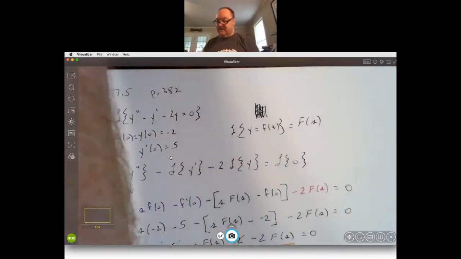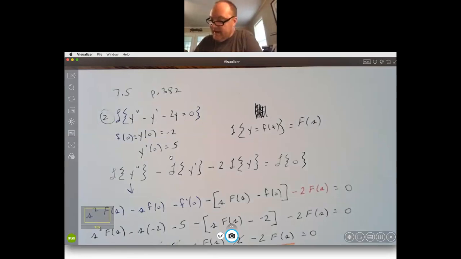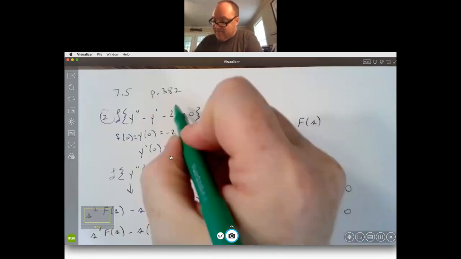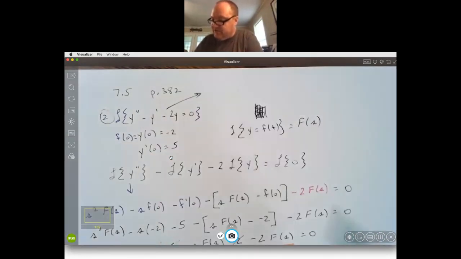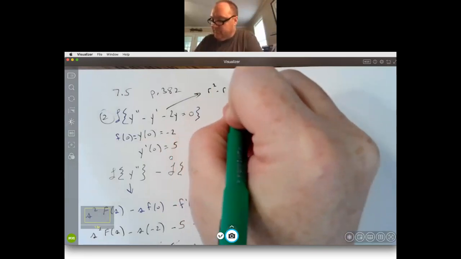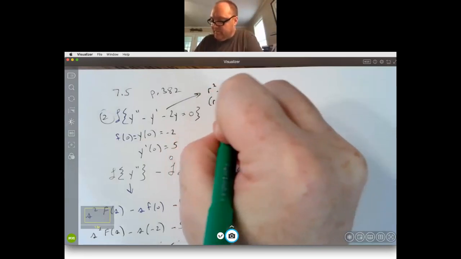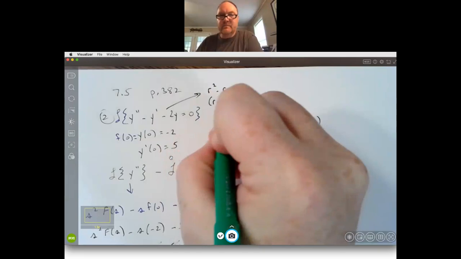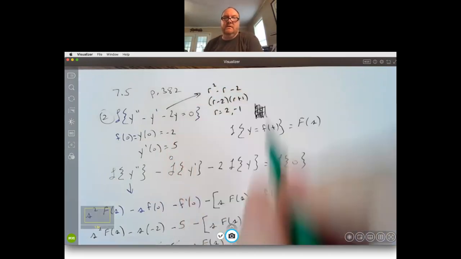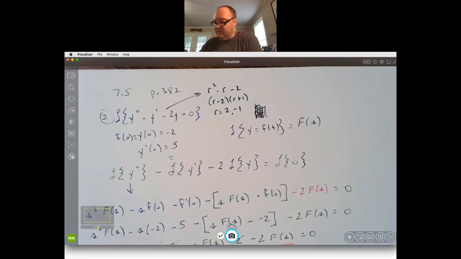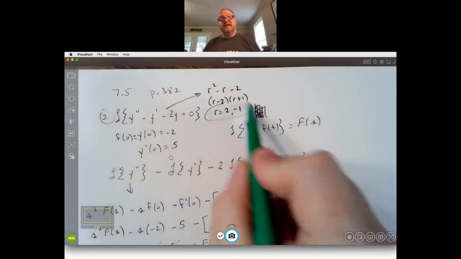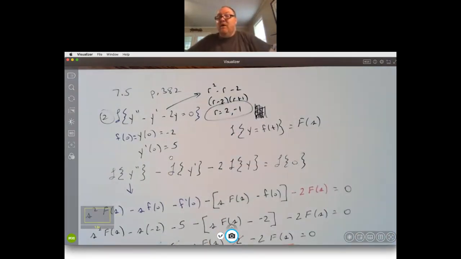If I think about the characteristic equation from what we did last time, then you can see those solutions are matching up with the solutions that I got at the bottom of the page. What this method does allow me to find, of course, is the constants, the C1 and C2,